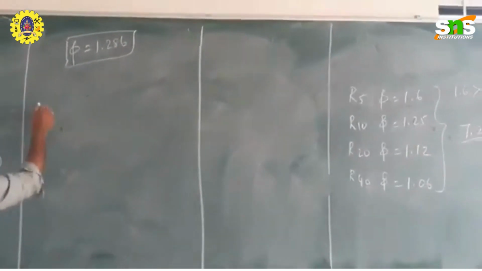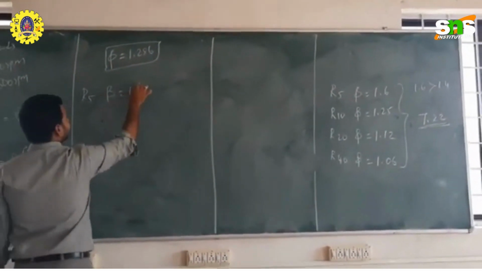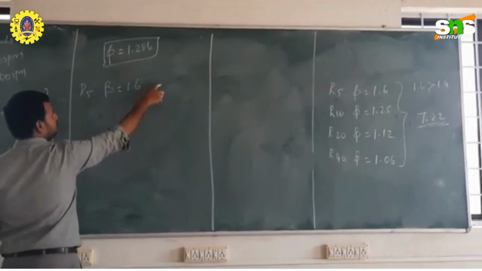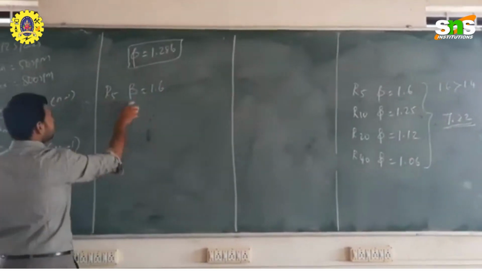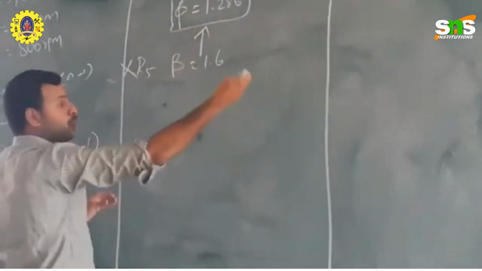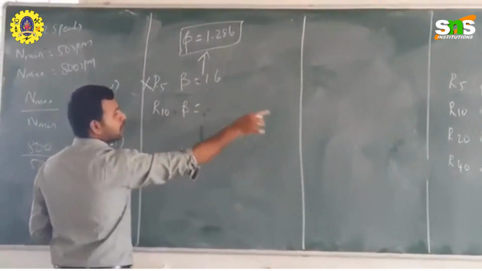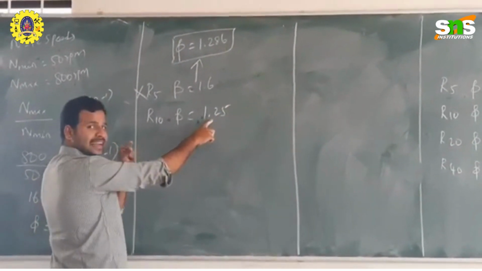Now you can check with the R5 series, the psi value becomes 1.6. You just compare 1.286 with 1.6, in the sense that it goes to the greater side. So this series is not mapped for this psi value. You compare it on the second ratio, R10 series, the psi value becomes 1.25. So 1.25 is lesser compared